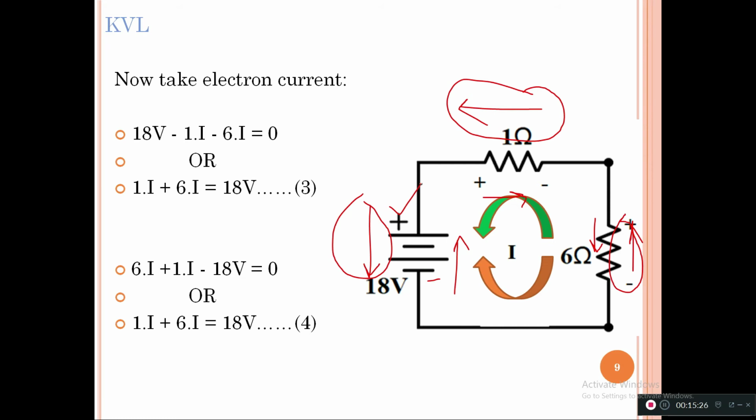So we have seen from all the 4 cases, equation number 1, equation number 2, equation number 3 and equation number 4, no matter what direction we take, if we flip the direction, if we take the direction of conventional current, if we take the direction of electron current, the KVL always persists, and this is why this is known as a law. ठीक है, तो जब भी हम लॉ की बात करेंगे, लॉ किसी भी कंडीशन में हमेशा क्या होता है, ट्रू होता है. Okay, so in all the 4 cases you will get the same equation. So this is all about KVL, but we have to follow the direction of the conventional current.